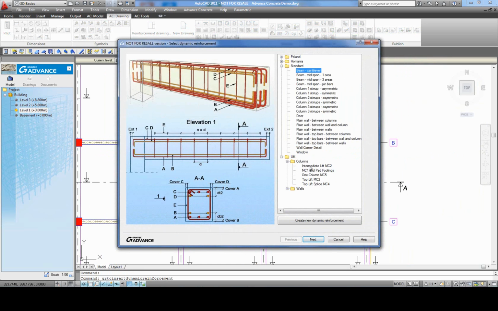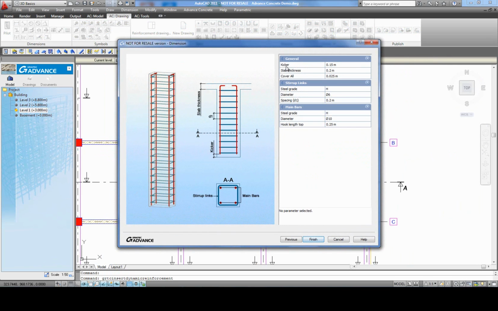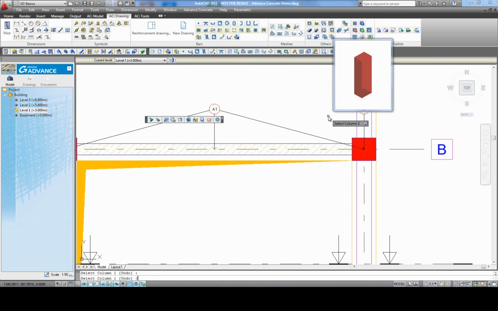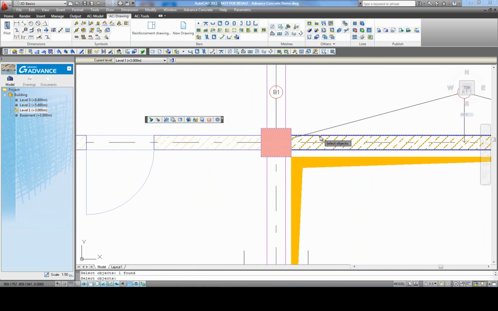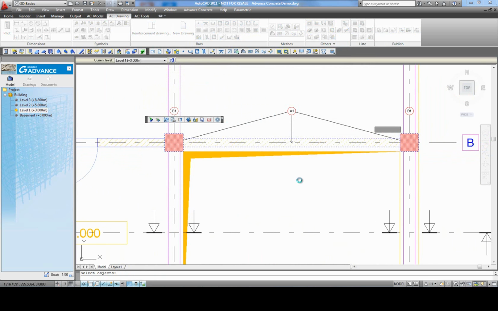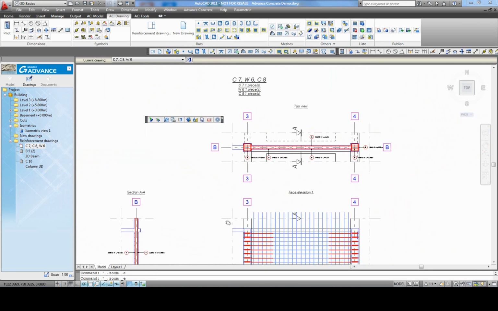In the same manner, we apply individually for the columns the corresponding reinforcement solution according to the dynamic reinforcement type that we wish to apply to these elements. We select the 3 elements and we create a new reinforcement drawing. In a new drawing, we can view the reinforcement of the elements on the elevation, on the section, and also